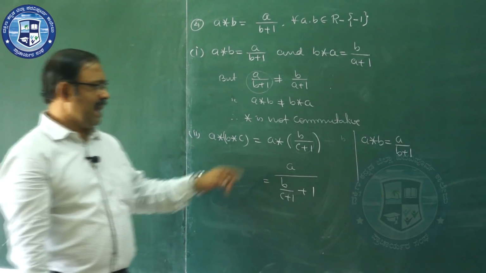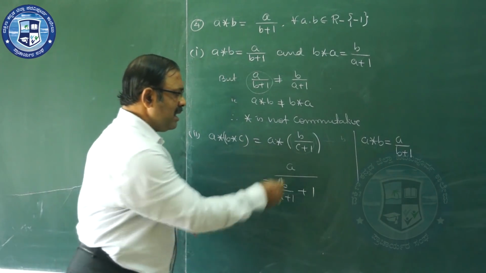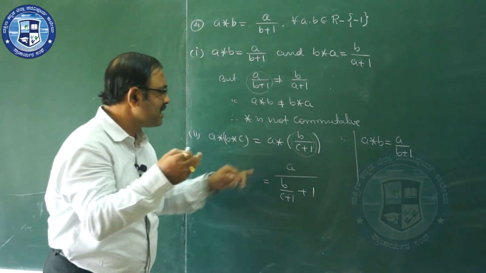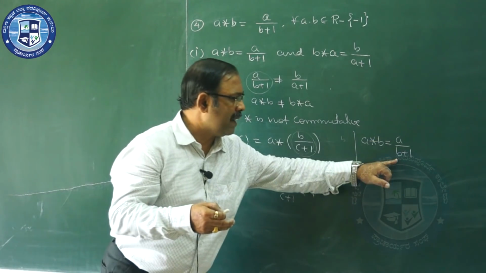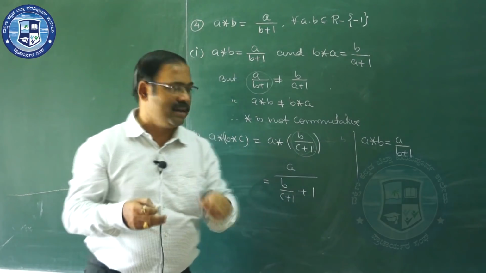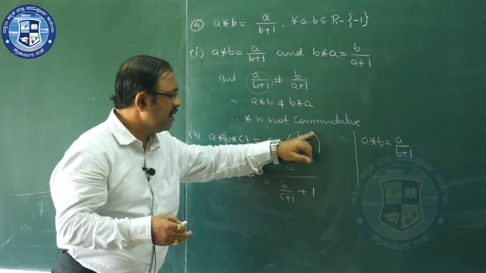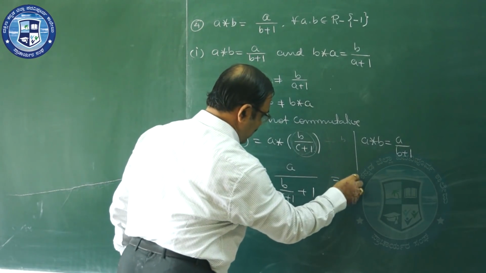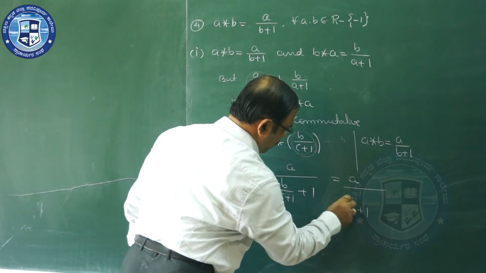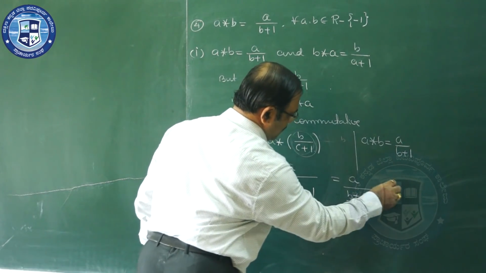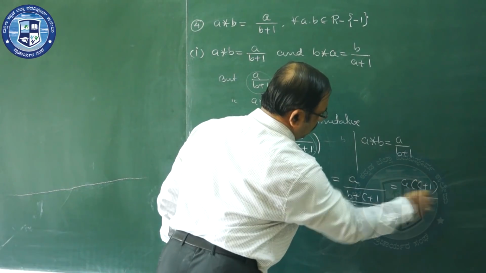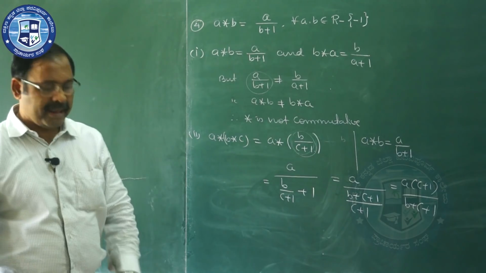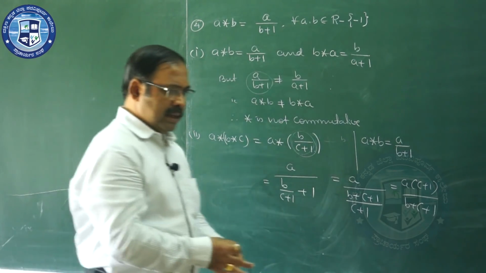See, I repeat this. A star, this is totally B. A star B. What is this A star B? A by B plus 1, right? So, A by B plus 1. Now, taking LCM, A by C plus 1, B plus C plus 1, taking LCM. Okay? Then,